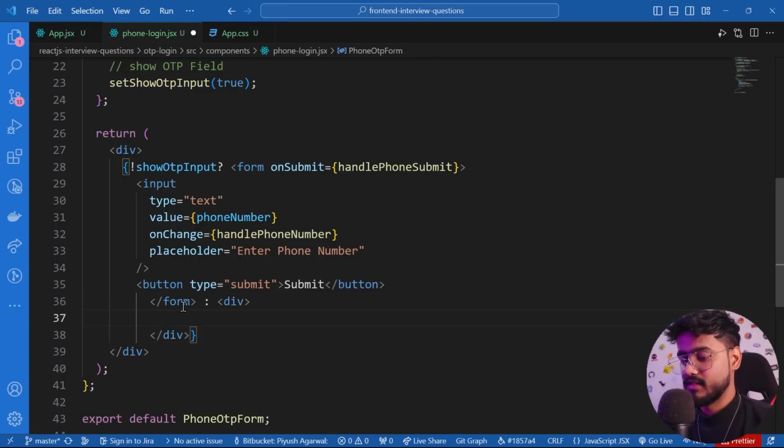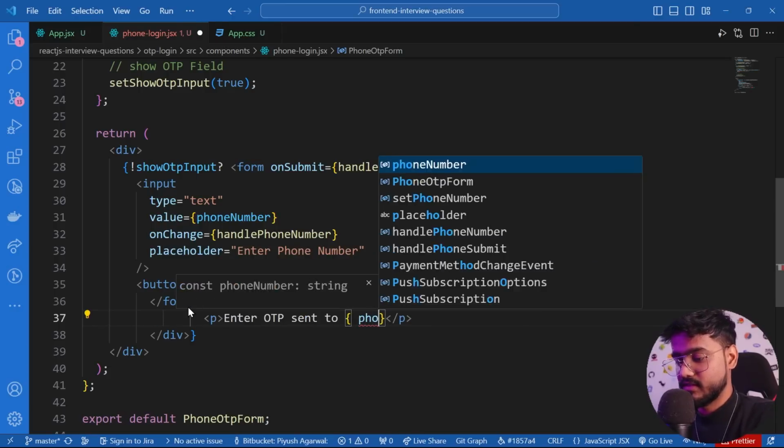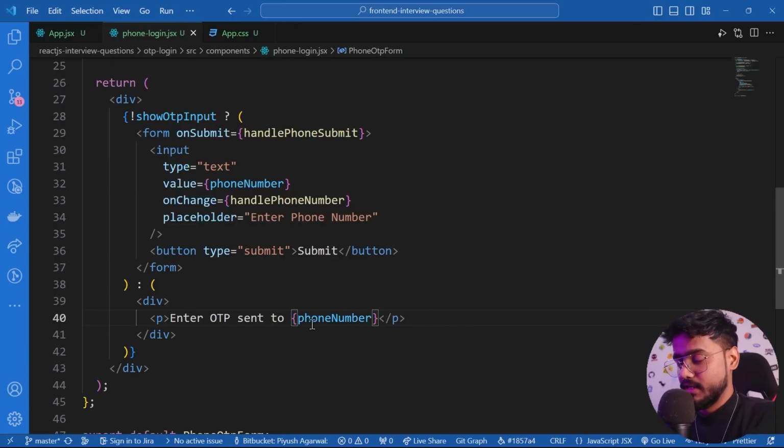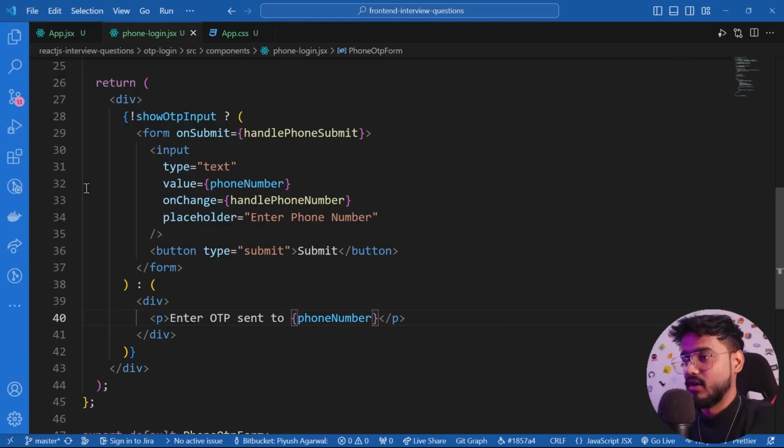So here I'll just add a paragraph first, which will say enter OTP sent to whatever the phone number is. The phone number is inside this phoneNumber state. So let's see. If we go over here, type some random number, click on submit. Yep, you see enter OTP sent to this, and below this I'm going to have our OTP UI or the OTP